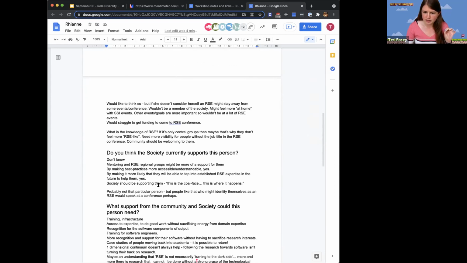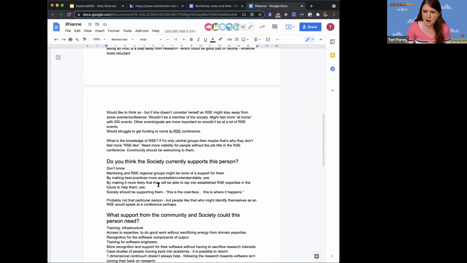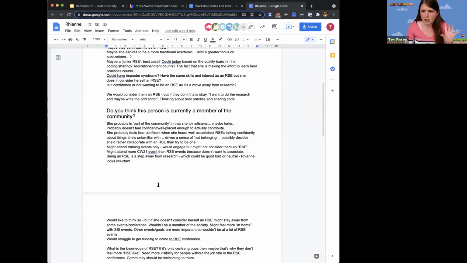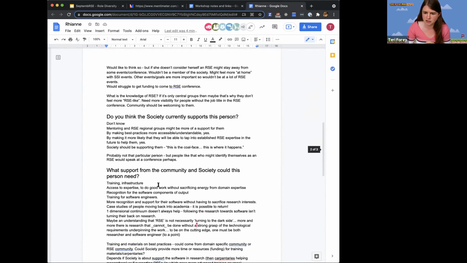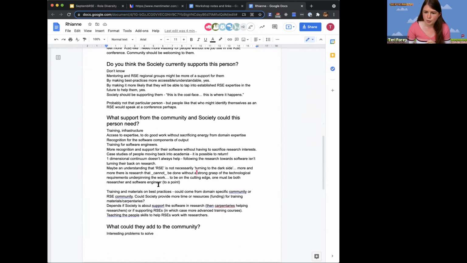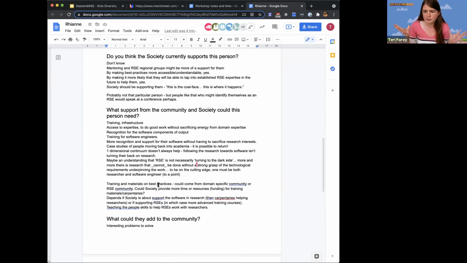We also talked about the society might be supporting this person, but again, not directly, because they might not be willing to engage and go through things. That unwillingness might be because they perceive an RSE as being a centralized group only, and it feeling like a move away from research and not something that they want to do. But in terms of training and support, that's probably what they would most want from the community and society,